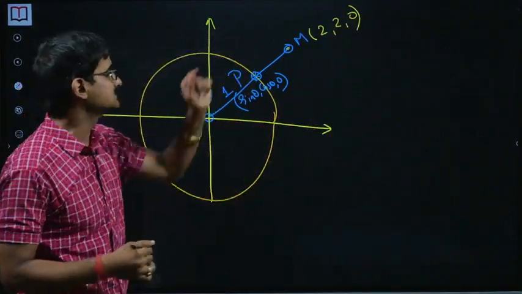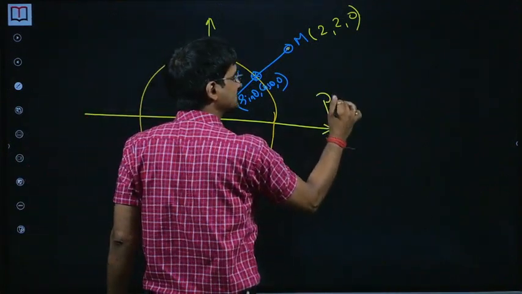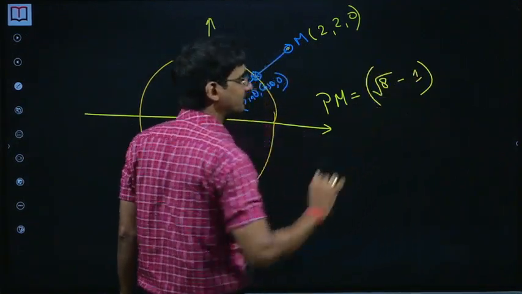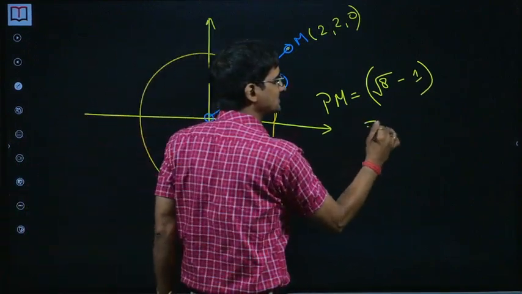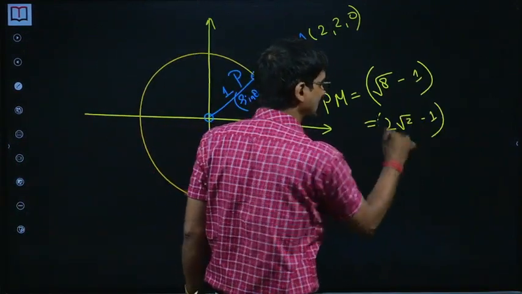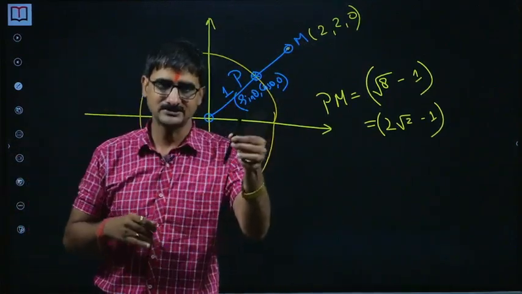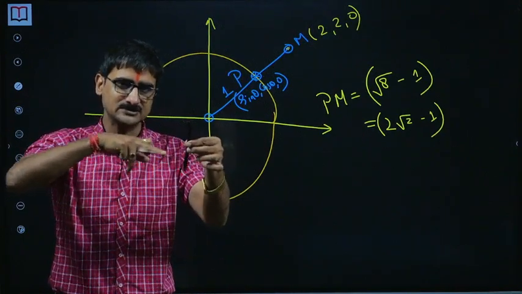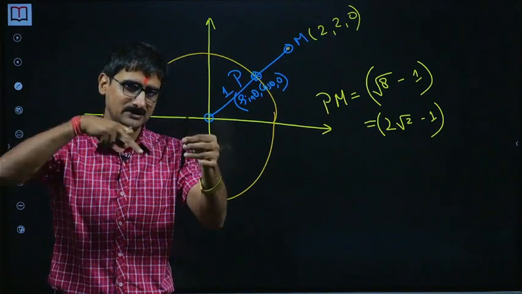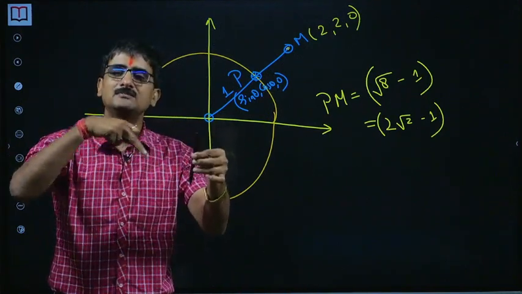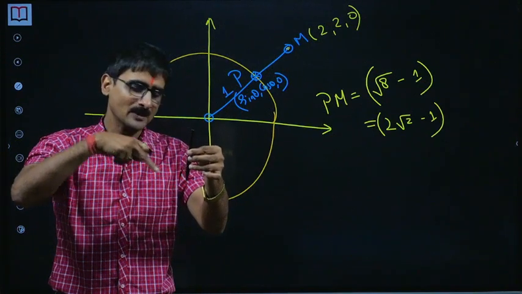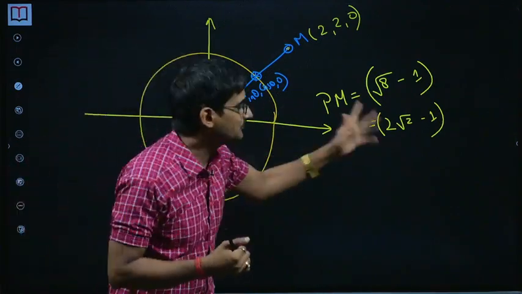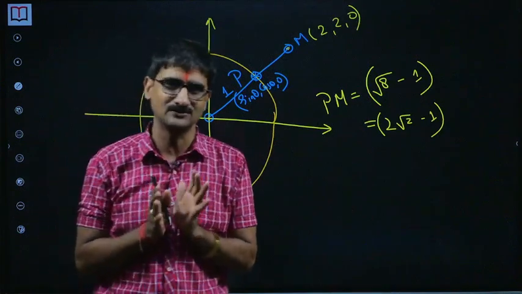So we have this distance OM. Hence we have this distance PM, which is nothing but root 8 minus 1. I think all of you will agree to this. So this is nothing but 2 root 2 minus 1, PM. Now again look at the situation. That's the circle, the point on the circle, and I got this distance PM. Now this is the perpendicular PN. To get the minimum of this length, of course PM should be minimum, and now the minimum PM is root 2 minus 1 itself. I think all of you will agree.